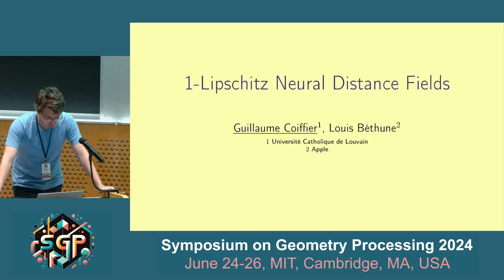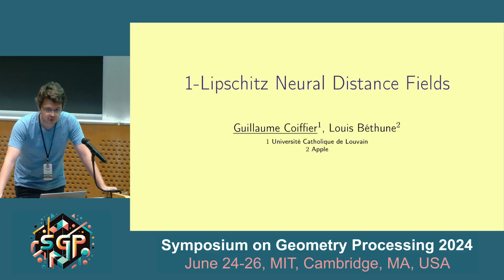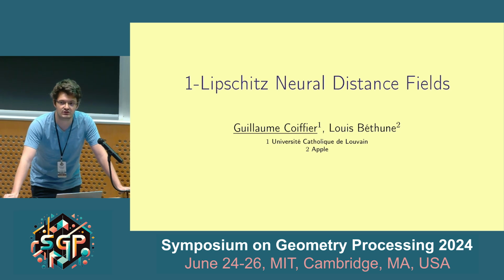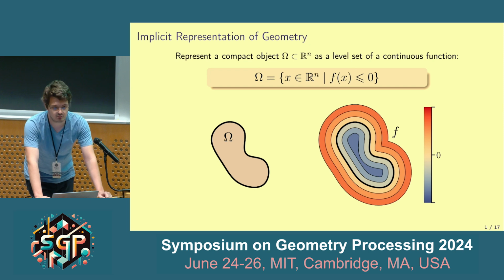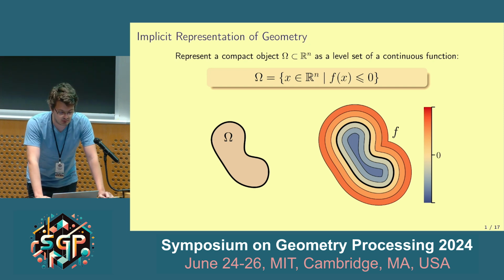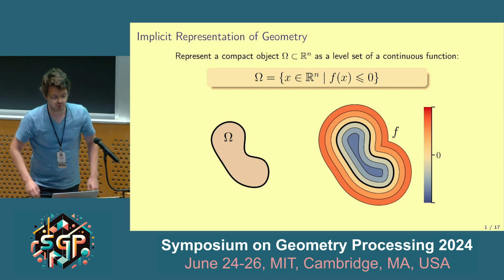So the question I want to answer with this talk is how to compute a good implicit representation of some geometrical object. Implicit representation of geometry is an interesting paradigm where, unlike usual representations involving point clouds, meshes, or voxels, here we only work with functions over space, and we define geometrical objects as some level sets of those functions. So for instance, here, this bean-shaped object omega is defined as the set of points in space for which the function